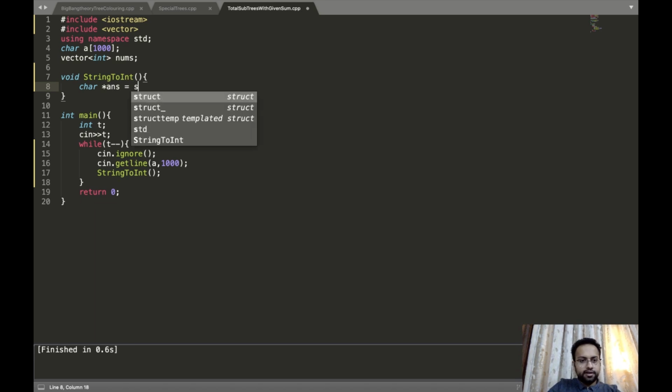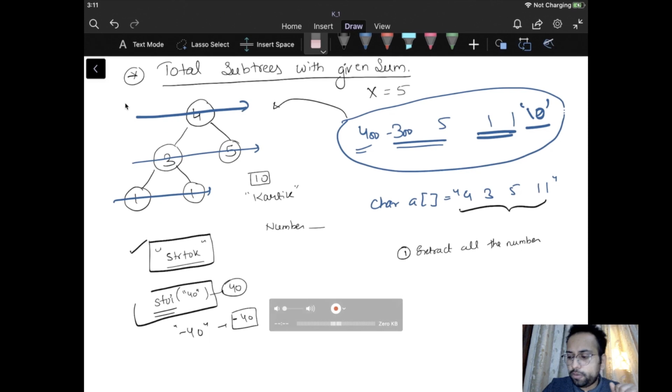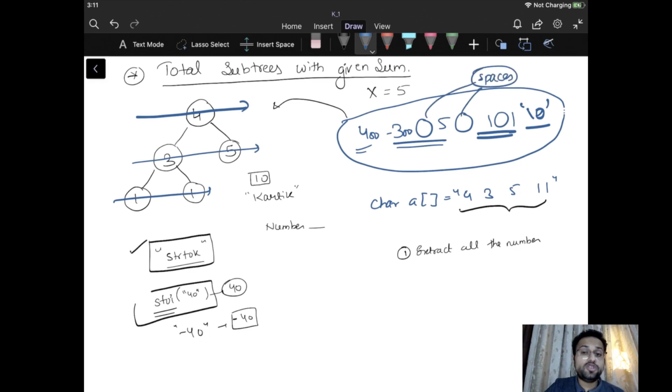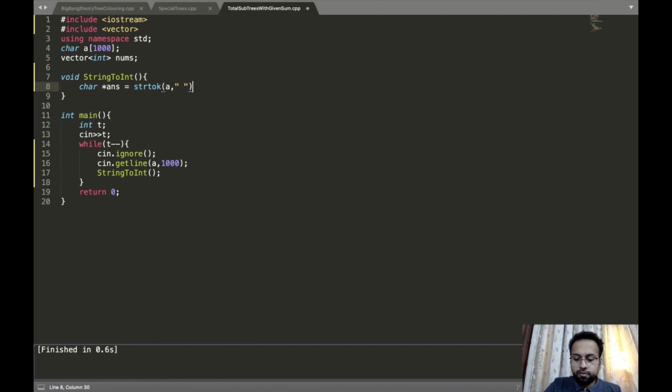I'll write strtok and I'll pass the string, and I'll pass the points around which I want to divide these numbers. We have only one thing over here which we can divide all the numbers around, which is a space, right? These are all spaces. There won't be anything else. So we will give space as the delimiter.